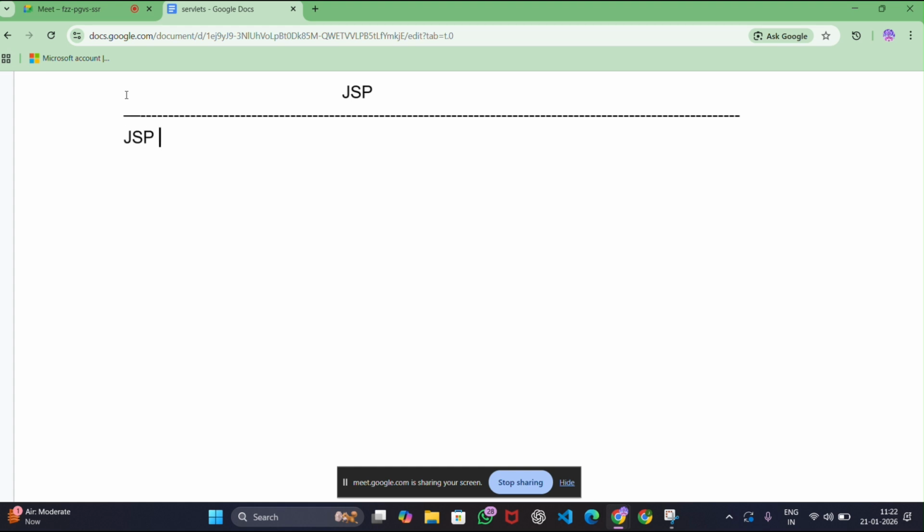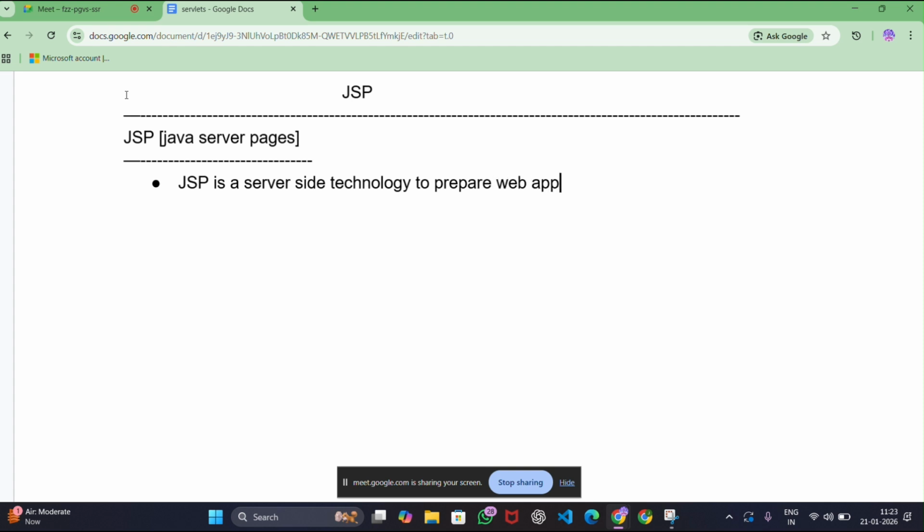First of all, what is JSP? JSP is nothing but Java Server Pages. Now observe very clearly what I'm writing. JSP is a server side technology to prepare web applications